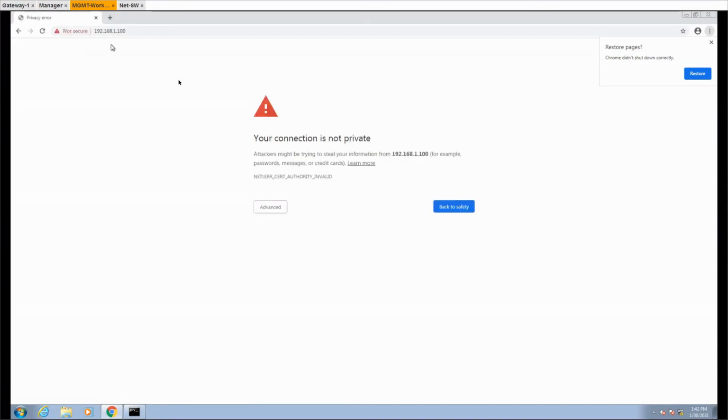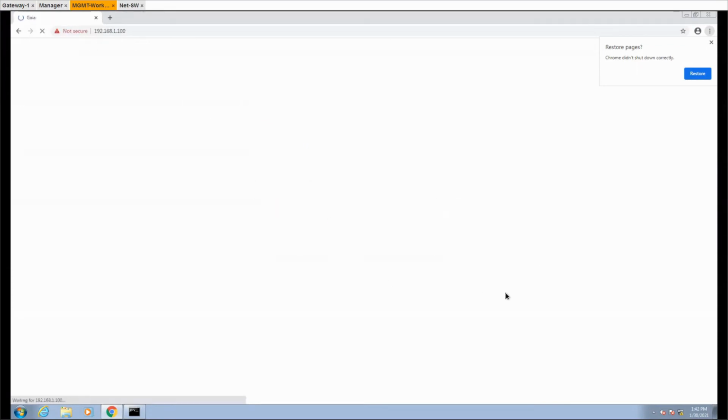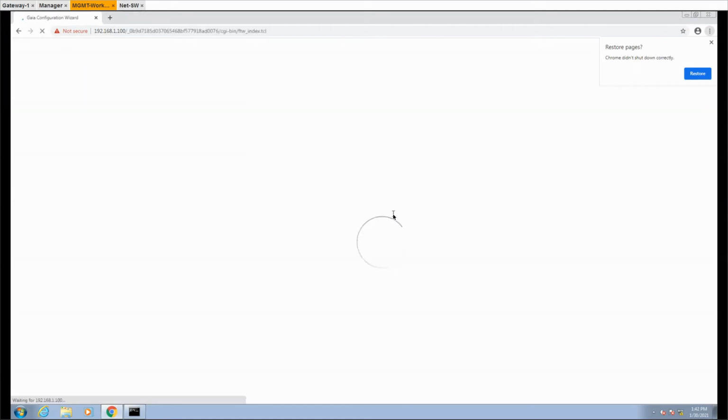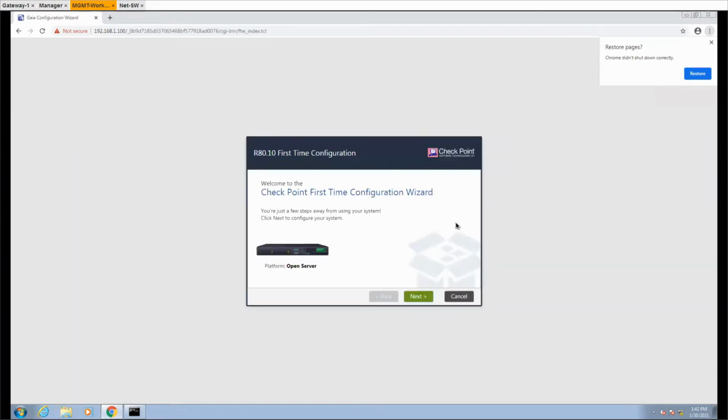Okay. So when you access it the first time, it is going to give you a certificate error, but we should ignore this and try to access using the web GUI. The web GUI is important when you are trying to install the component. When you first try to access your management or gateway after configuring the IP, it is going to open the first configuration wizard.